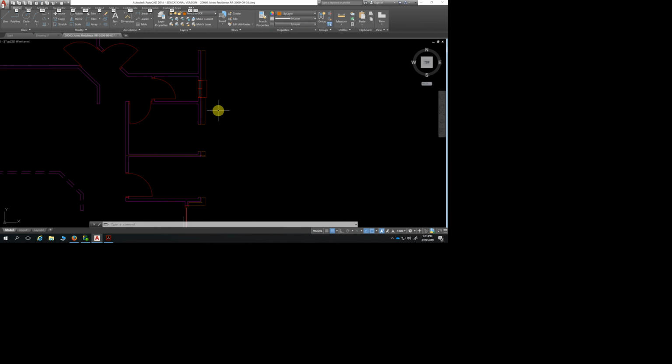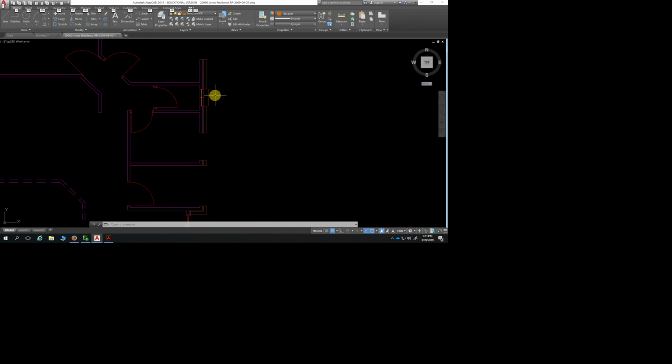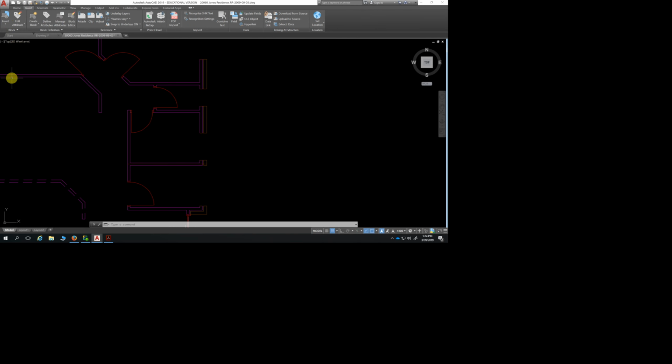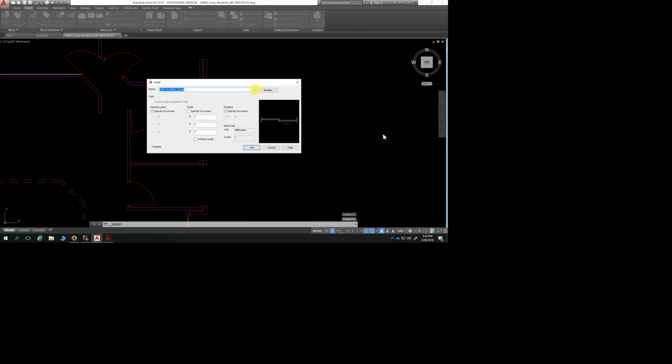I'm just going to change this item here. It's incorrect. So for Windows 6, it's not a sliding window. It is actually an awning window. So Windows 6, if you go along to Windows 6, you'll see that the code is WNP-awning, AWN. So when we insert that, we go to Insert, we go to More Options, and we go to